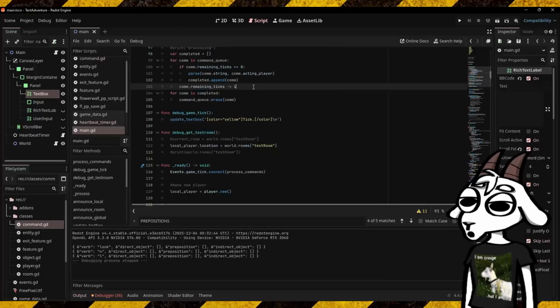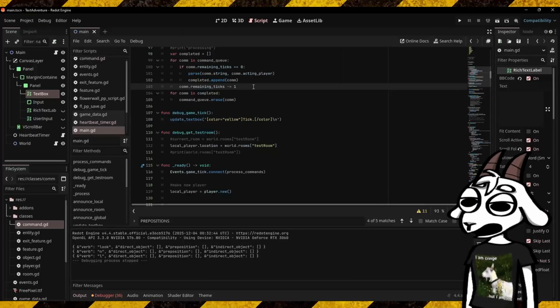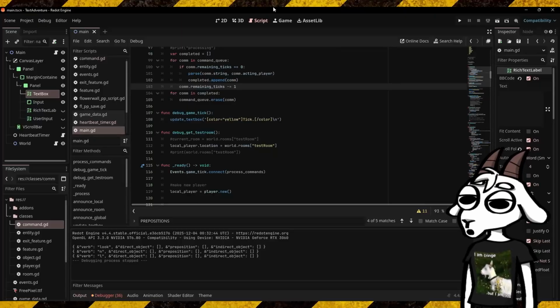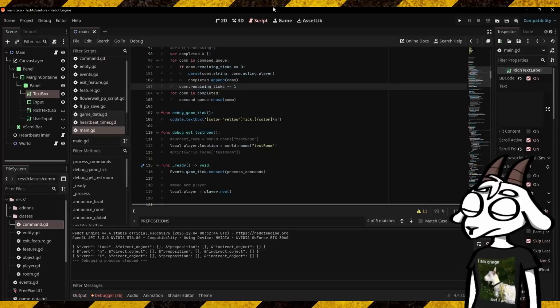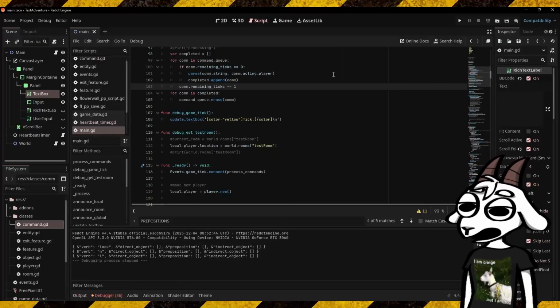Like you start walking in a direction and it takes a little while for you to actually get there. That way you can also do it with combat and have people wailing on each other instead of having to manually type